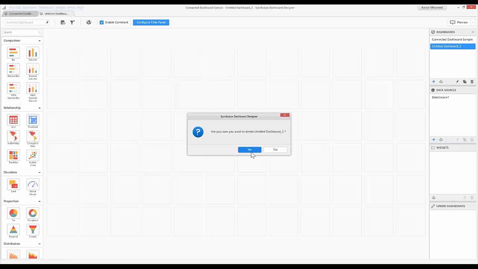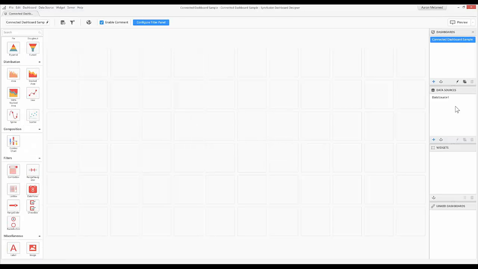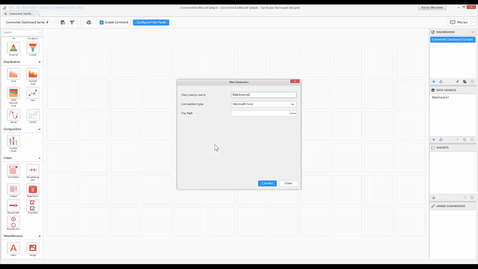Beneath that, we have our data sources panel. This will allow you to create connections to your various data sources. As you can see here, we've already got one established data source. This is to a SQL Server with some sample data on it. If I click on this plus sign, we can take a look at all the data sources that we support